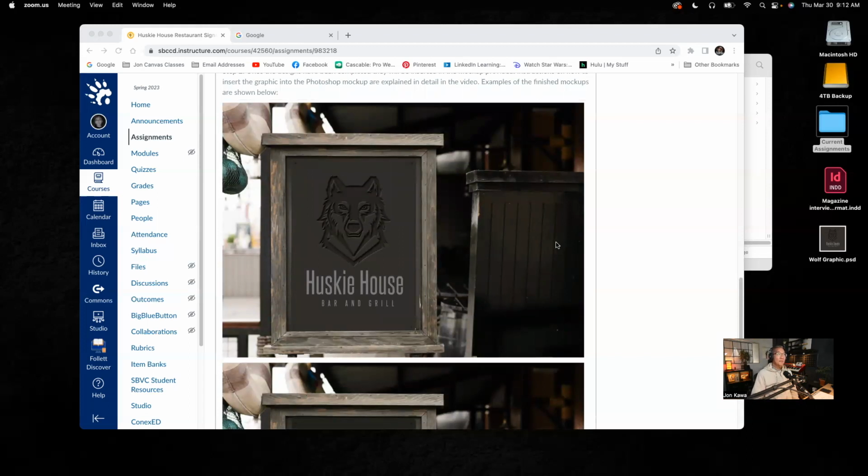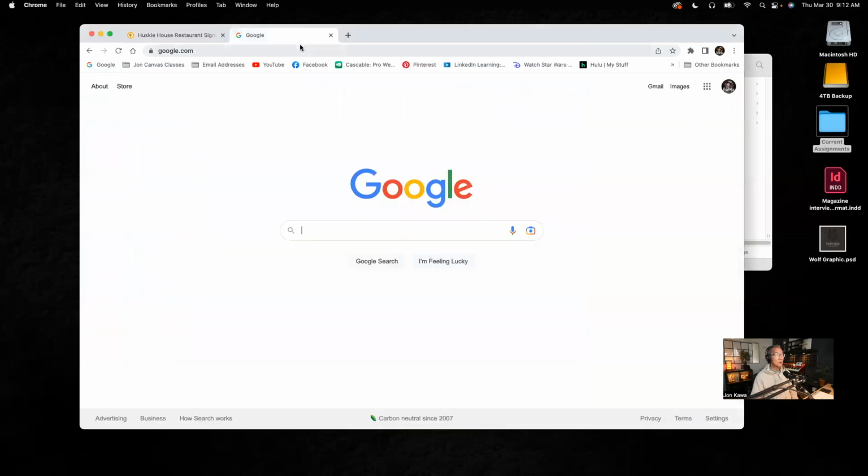Okay, so a lot of things to talk about, and I want to make sure that I talk about them in an order that you can understand. First of all, let's talk about places that we can get mock-ups, resources where we can get mock-ups. So I'm going to go over to Google, and one of the places that I use that gives you free